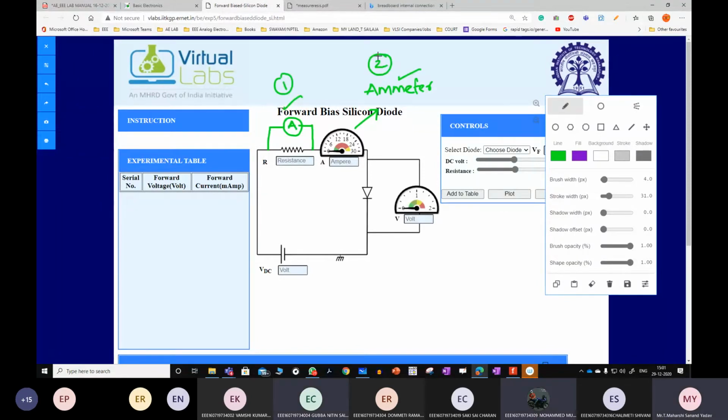No, sir, in series only, because current gets divided in parallel. We can't calculate like this. Always current through the diode or else across the diode? Through the diode. Current is always through. If it is voltage, across. Remember these two points: voltage across and current through. Now let us see. We shall assign some random values for this.